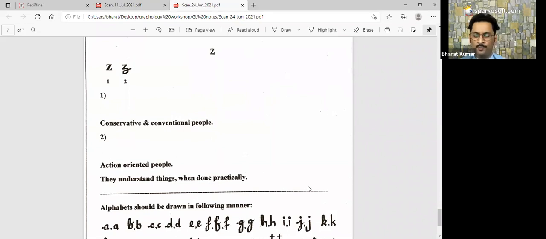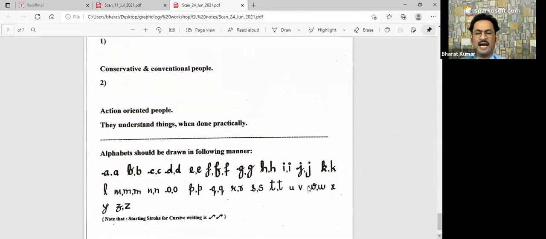So I gave you few samples of alphabet and you should check especially these alphabets. If you are having a cursive writing, so your alphabets will turn like this. I have given regular alphabet as well as cursive alphabet. Now just matching your alphabet here, you can use graphotherapy for cursive writing. So cursive A, cursive B, C, D, everything is given here.